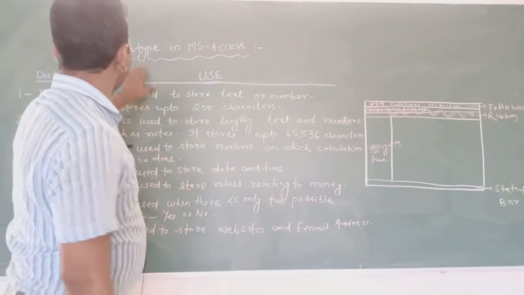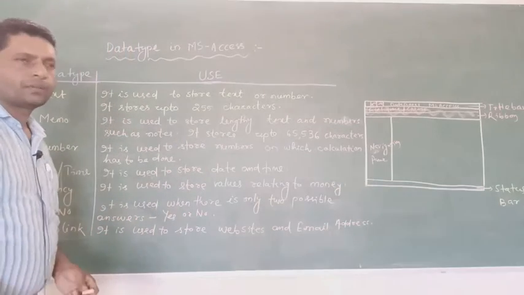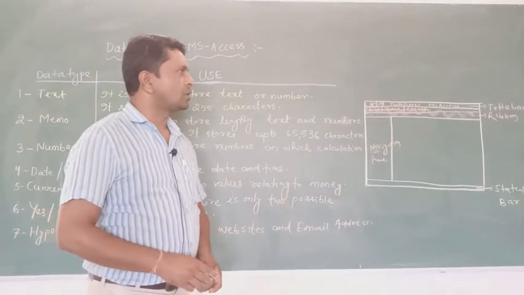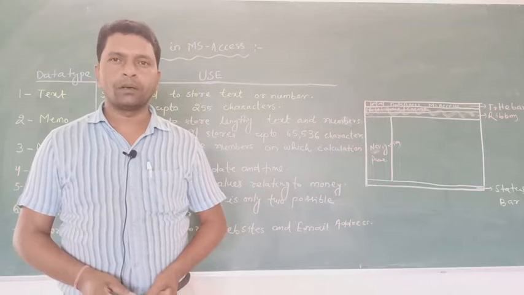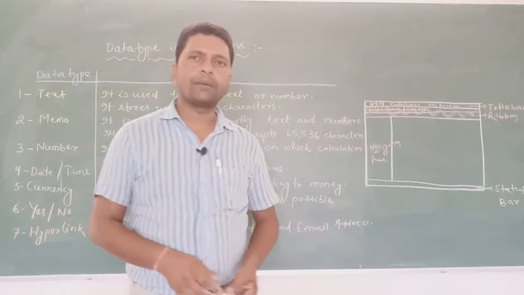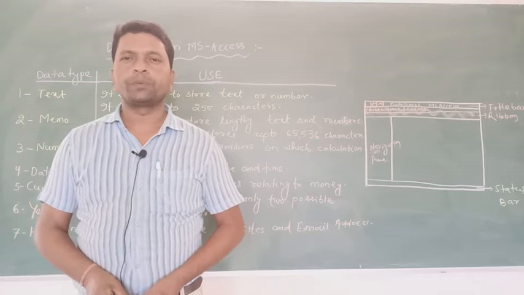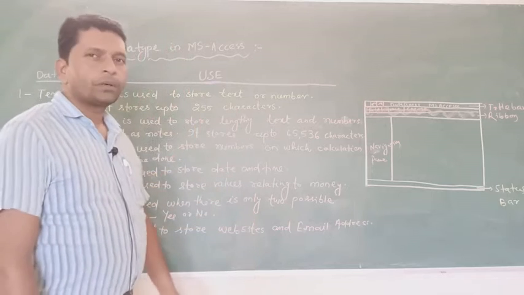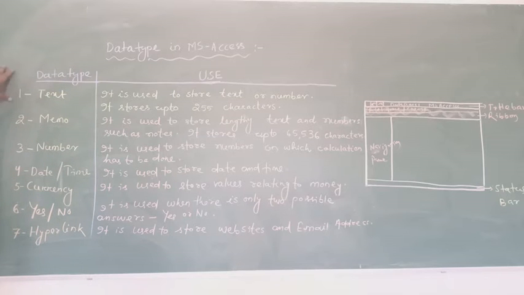The next topic is the data types in MS Access. What are the different data types? When we make a database table, we are also concerned with the different types of data that we input within a cell or within our table. For each column you have to choose the type of data you enter, and each has some limitations, so we have to know about that also. Now here are some data types.